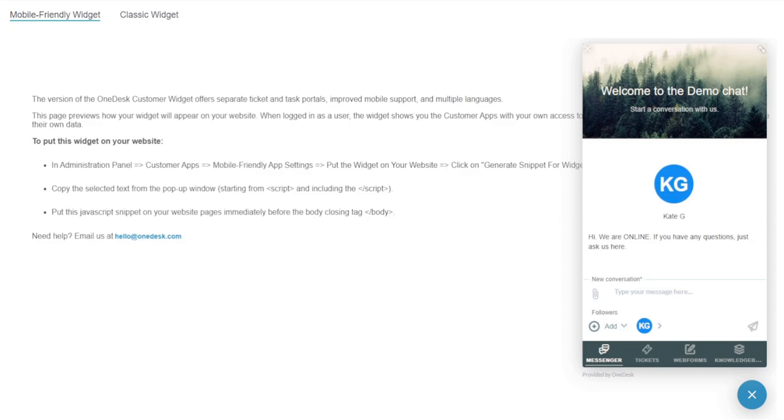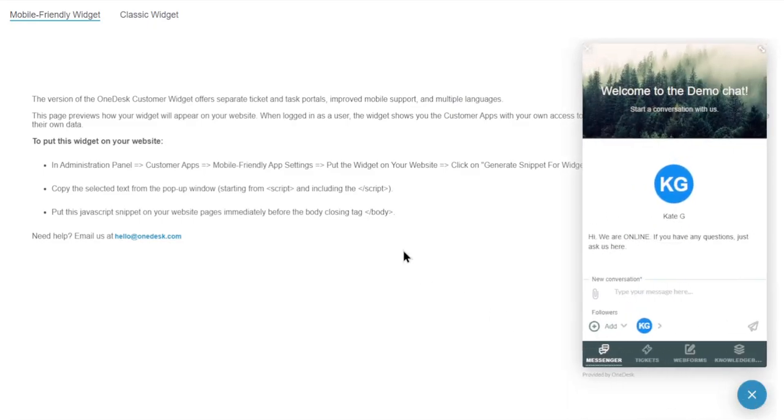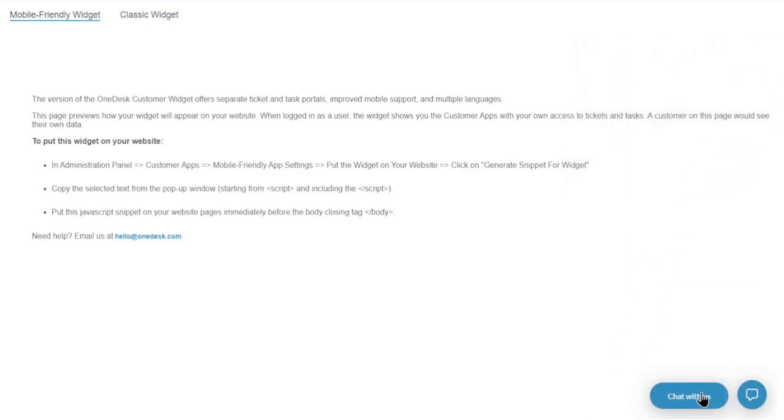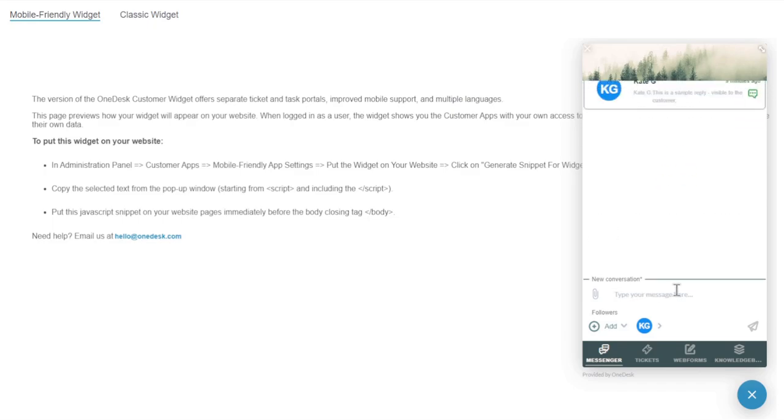Let's click on the web widget. This will open up a new window of a sample page with the widget. The widget here is embeddable onto your own website with a JavaScript snippet. The widget contains the other customer applications within the tabs here. Essentially, the widget is an easy way for customers to access the apps. You can alternatively provide customers a link to individual customer apps.